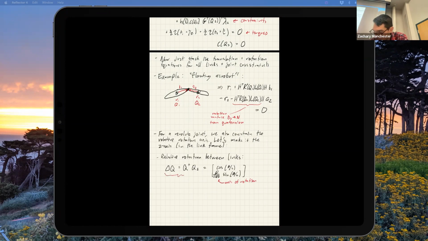The way to think about this is I'm doing Q2 equals Q1 times a delta Q. So this delta Q is defined relative to Q1, in the Q1 prime frame. You can do it either way. The upshot is